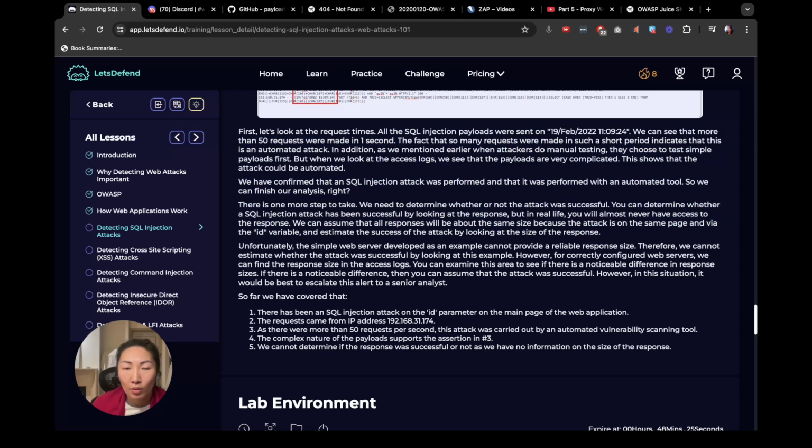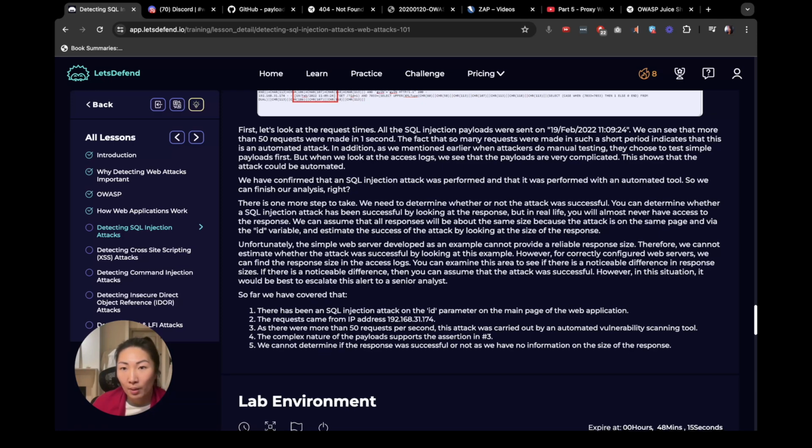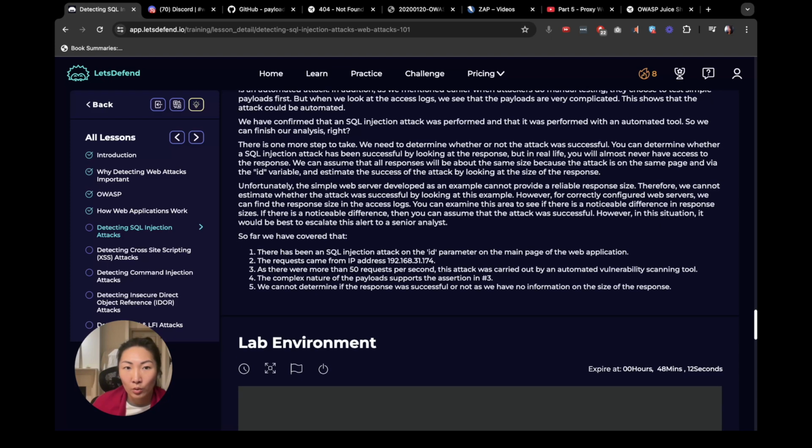So far we covered there is an SQL injection attack on the ID parameter of the main page. The request came from this IP. There were more than 50 requests per second. This attack was carried out by an automated vulnerability scanning tool. The complex nature of the payload supports the assertion in number 3. We cannot determine if this response was successful or not, as we have no information on the size of the